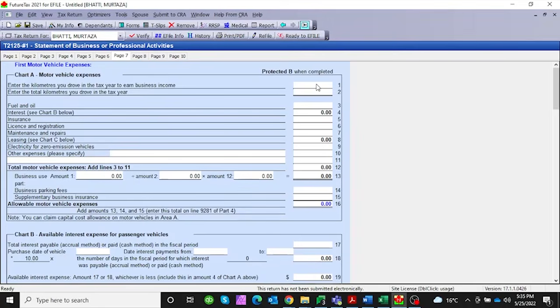So let's say the total kilometers I drove during the year was like 3,000 kilometers, and for the business I used, let's say, 1,500, so it's 50%, you know what I mean. Okay, fuel and oil. Now these expenses are quite